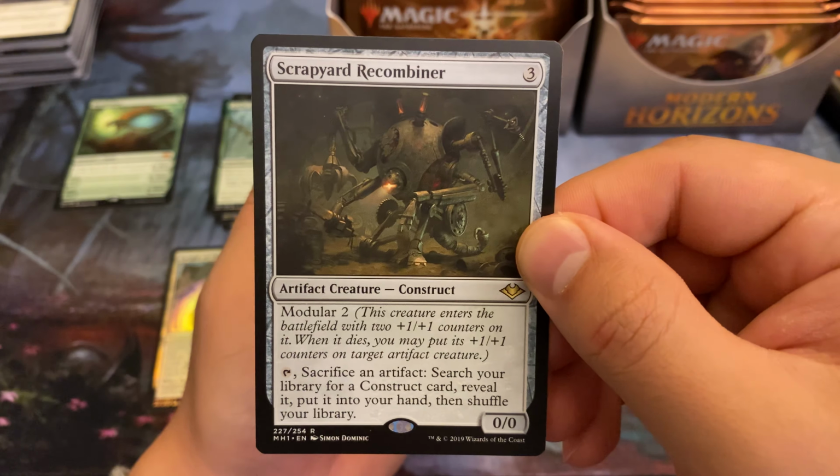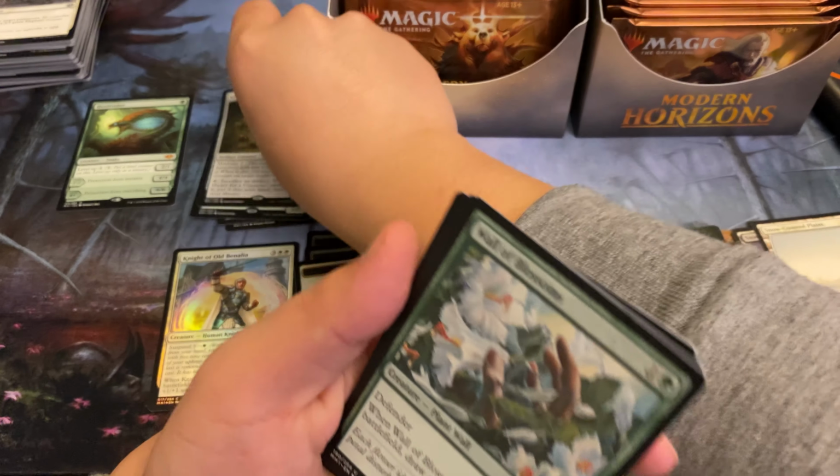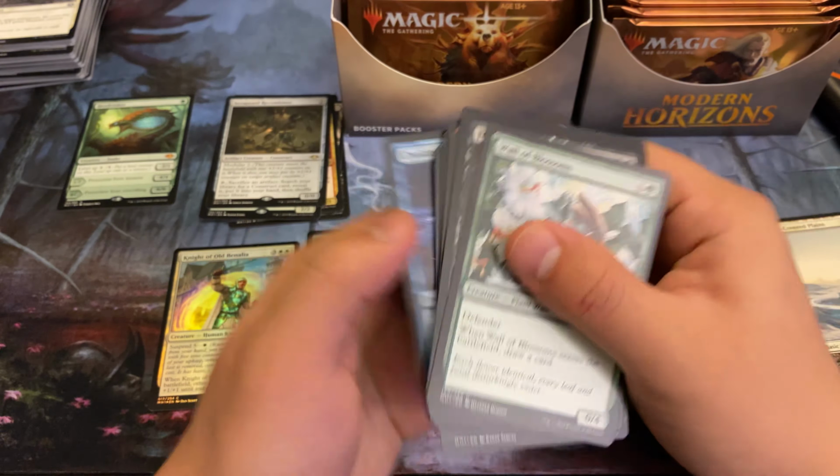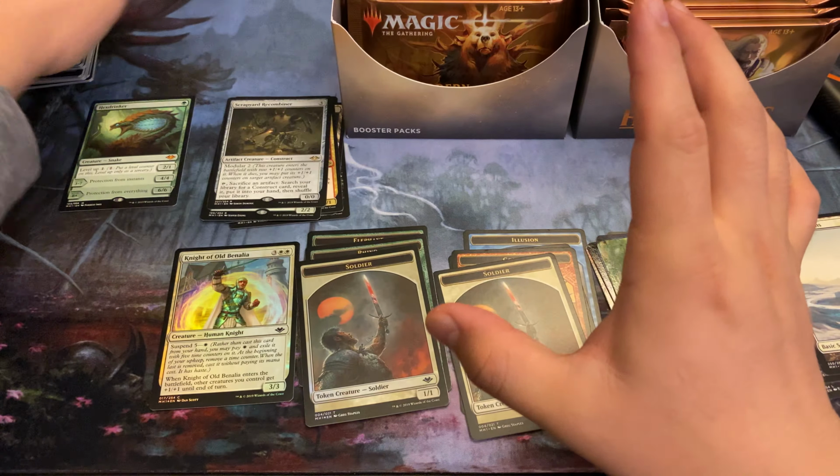Scrapyard Recombiner. All right. I've had some okay rares here and there. Nurturing Peatland was a good one. Hexdrinker was a good one. Modern Horizons, of course,